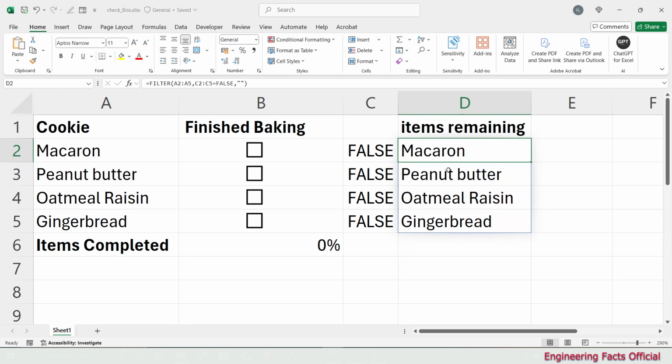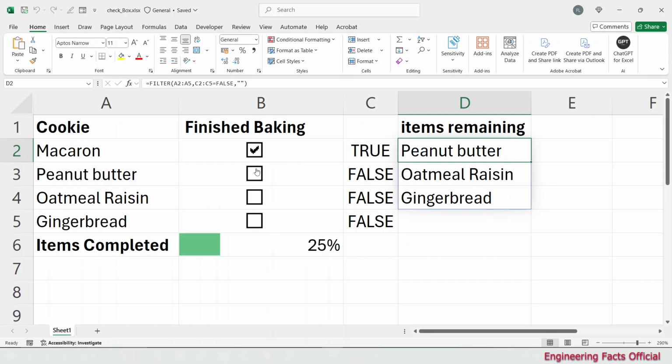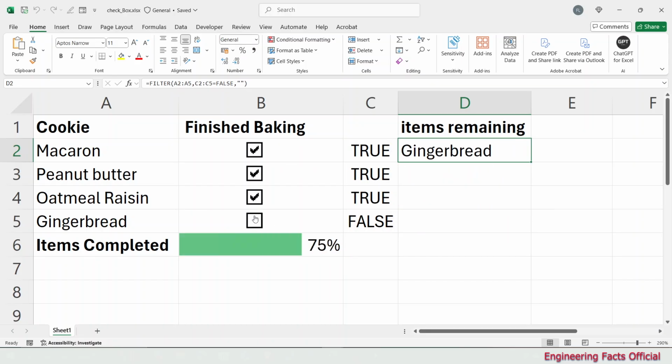And look at this, I now have a list of all of the items remaining. So here, as I check the different boxes, now I just have 2 remaining, now I just have one remaining, and now I'm all done. So just a few different ways that you can use a checkbox and the state of that checkbox in various functions and formulas. Now, looking over here, you see that we say false, and you probably don't want it to